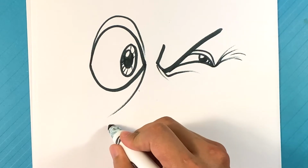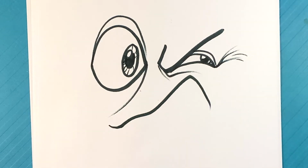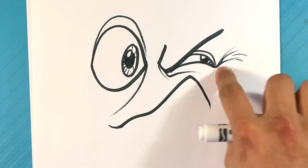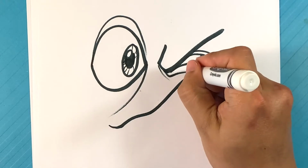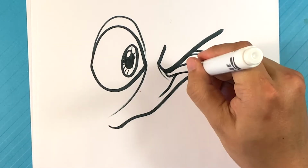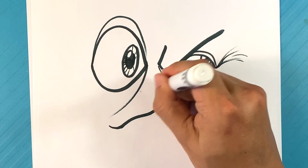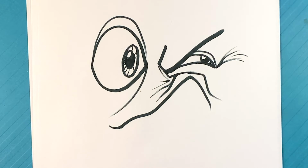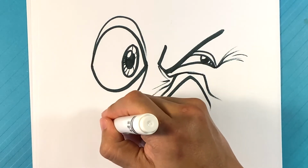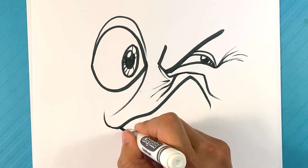I'm gonna have a crooked smile here, kinda, or I don't know what you call it, like a grimace. The top's going to be, since it's all scrunched, he's pulling the mouth up a little bit, right? The skin of the mouth. Pulling down here, out over here, line over here, line over here, up, line in, out,